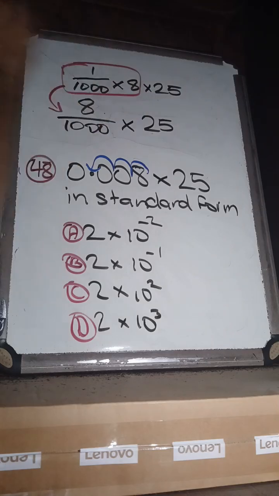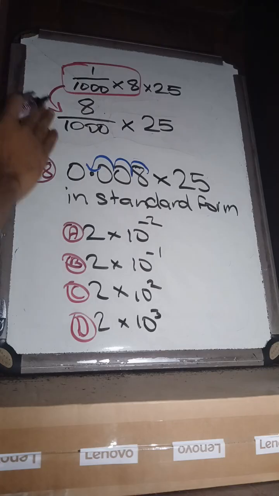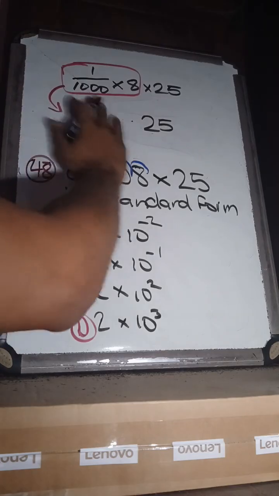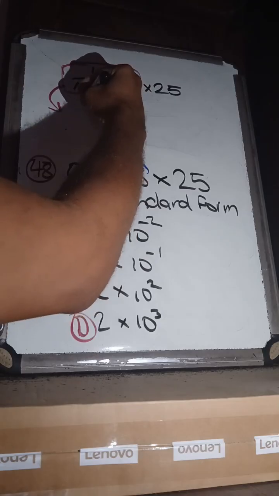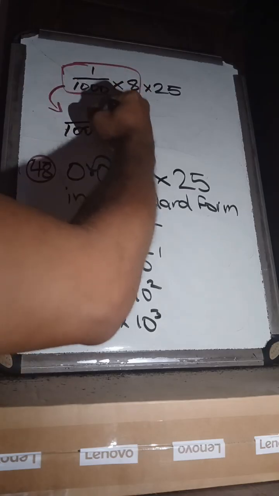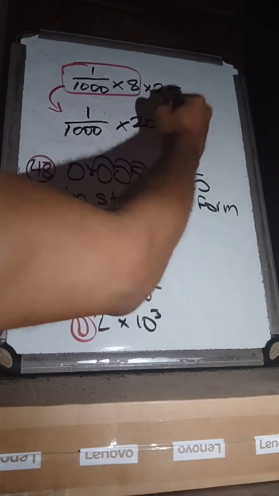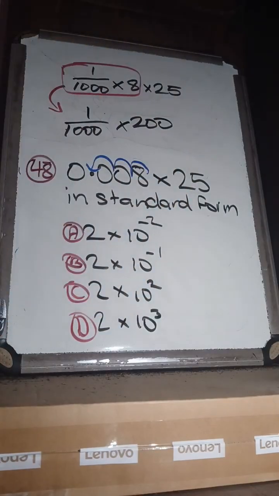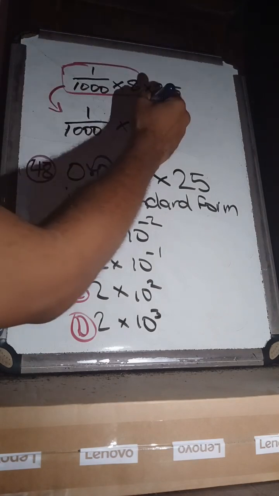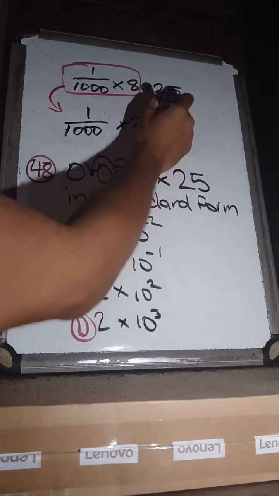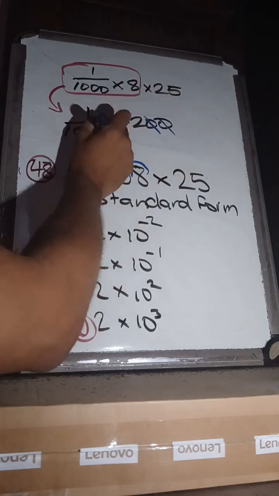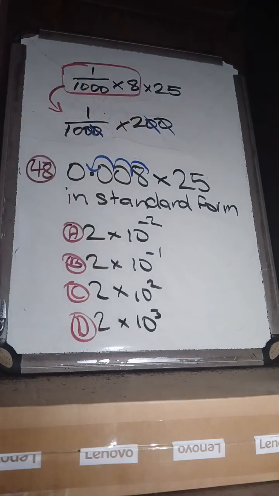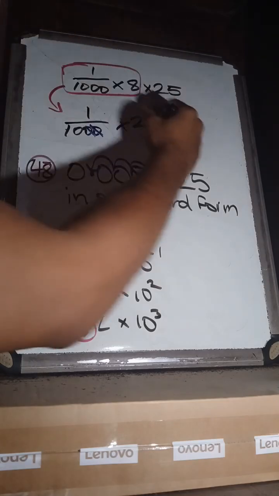Alright. 25 times 4 is 100. 100 times 2 is 200. Therefore, what you're going to have is 1 over 1000 multiplied by 200. Okay, so now we have a better idea as to what our answer is. Our final thing is going to be